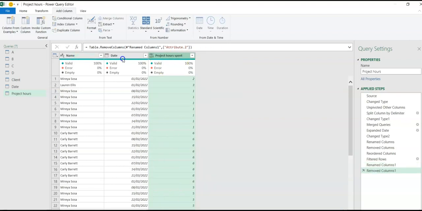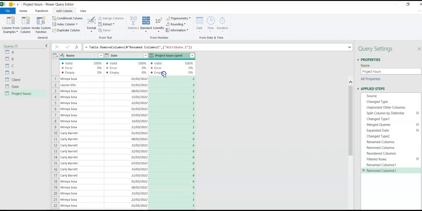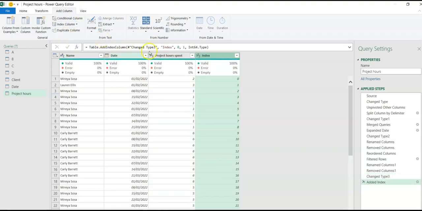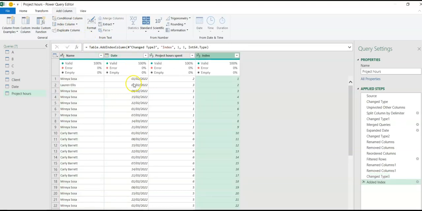Data types, name, date. This is going to be a whole number. And we need to add an index column. So index column, nope, that was a mistake. So all we need to do is we can delete that step. We need to add an index column starting from 1. That's fine. So all our data types are correct.